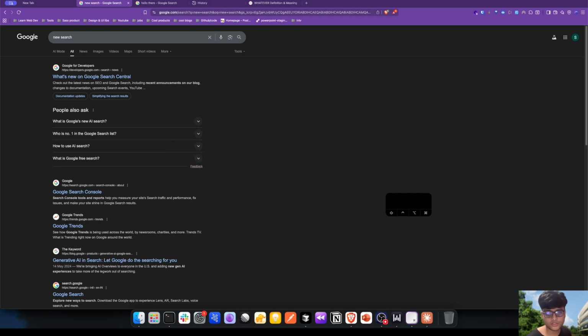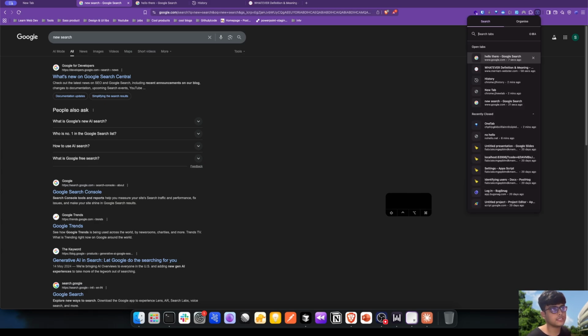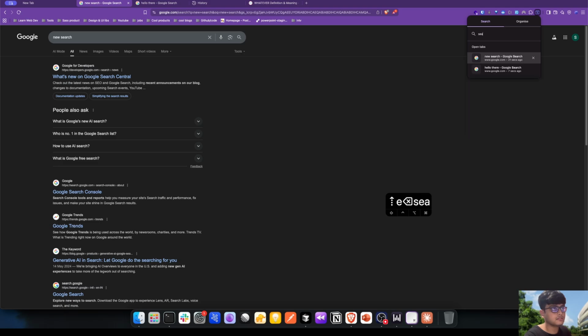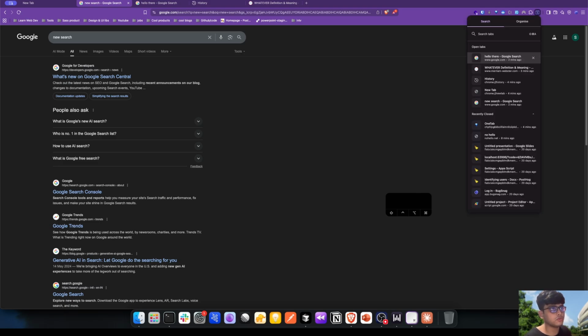The first shortcut which I'd like to talk about is Command Shift A or Ctrl Shift A. So let me press it. So once I come in here, then I'll be able to see a few open tabs as well as a few recently closed tabs. And I can just go to this tab by searching like this,